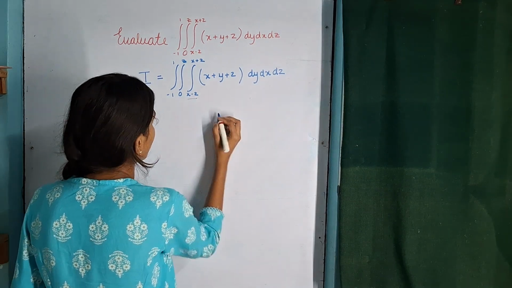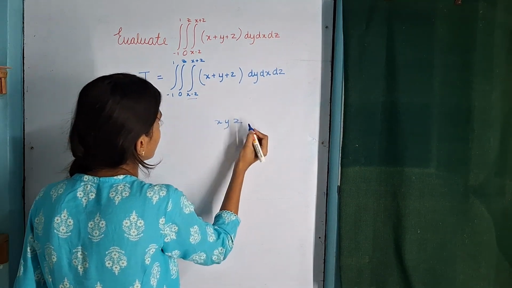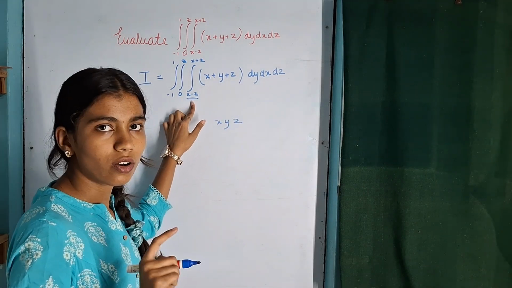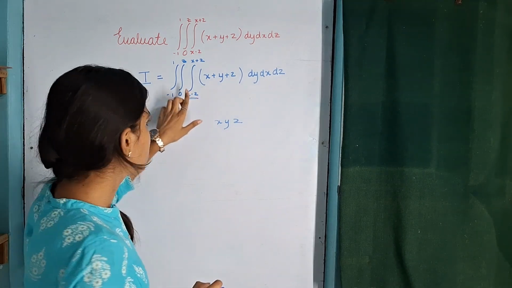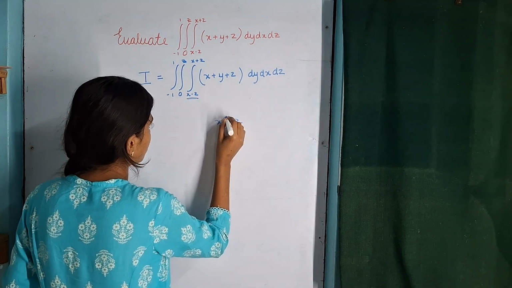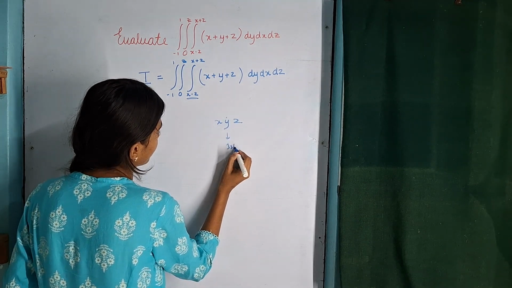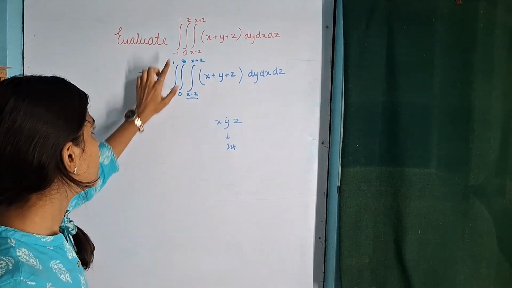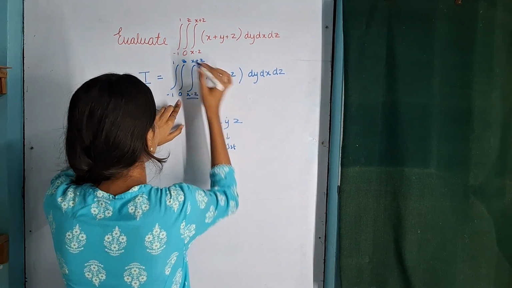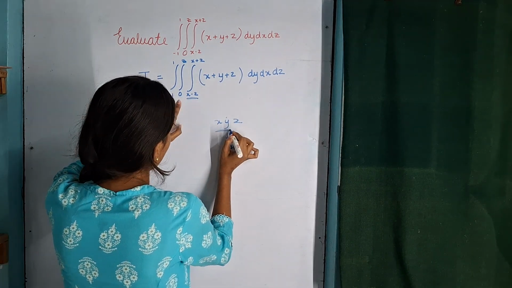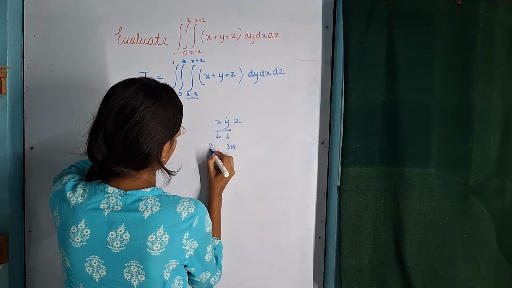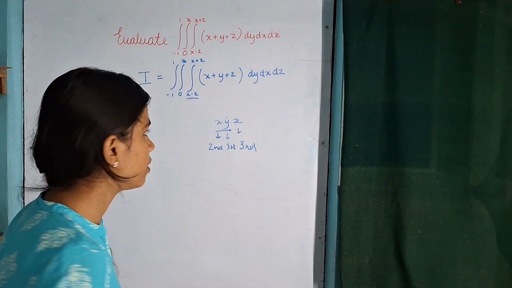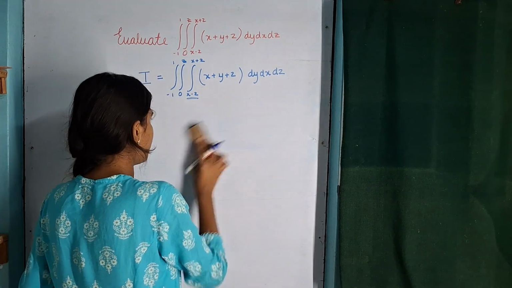See here, first we have three terms. In these three terms, x and z are present. If those terms are present, then we are not going to integrate x in x or z in z. So it is obviously y. So first we are going to integrate for y, because y is not present here. Now second, z is present, but x and y are not there. But y is already done, so this is second. And whichever remains is the third. So this is the easy way to understand which to integrate first.